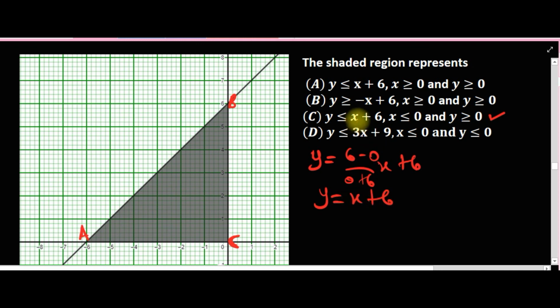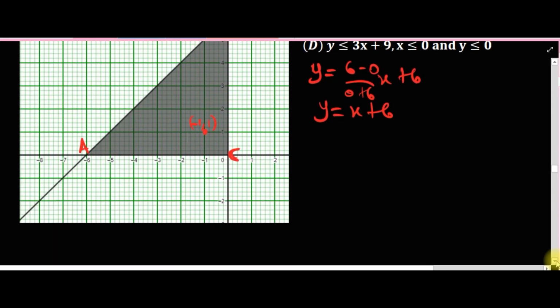Then we test using any point, say x minus 1, y 1. x minus 1 plus 6 is 5, and 1 is less than 5. So you don't need to waste time. So the next one,